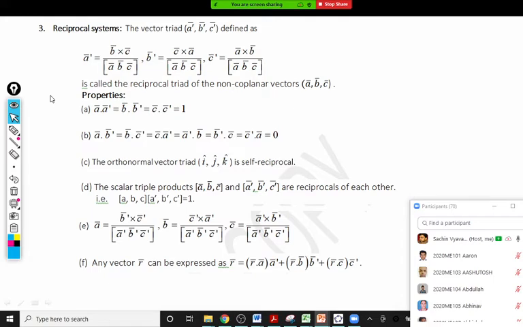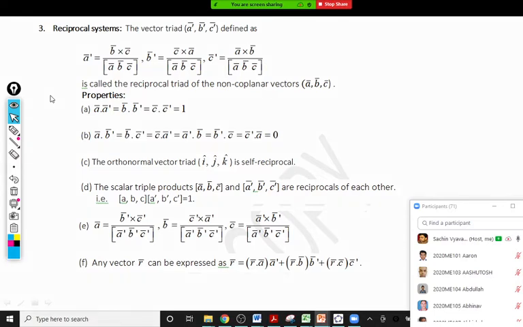The first thing: this topic is not in your textbook. There are reference books for this if you want to refer, but there is no need, because all the examples that you have in those reference books were taken in the PPT here. So no need to refer to any material. This is enough.